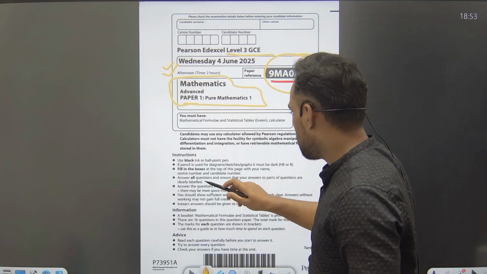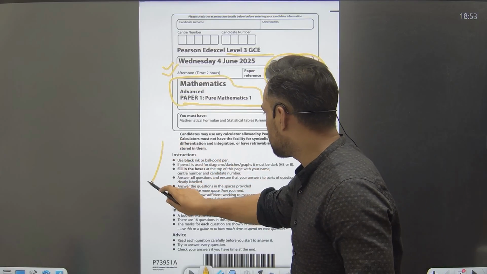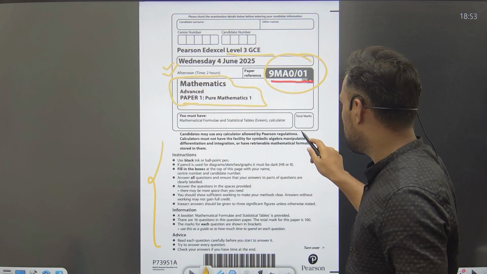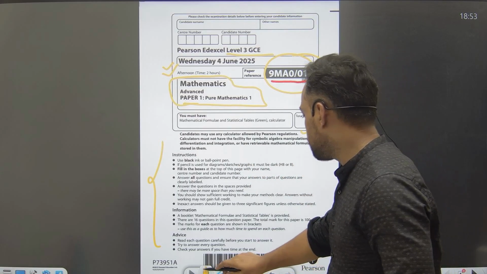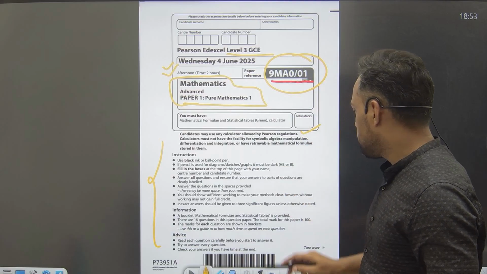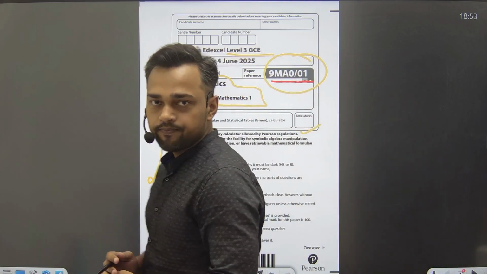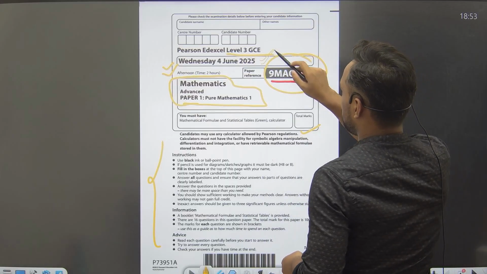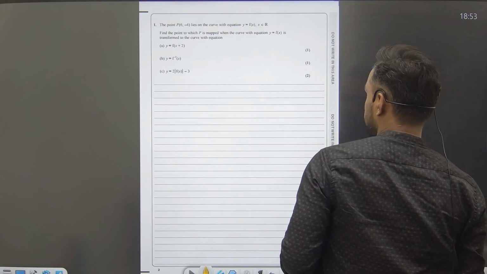Now here you can see that you need to read the instructions properly, and according to the Pearson guidelines you can use the calculator here, we know very well. So let's jump to the question directly, and let's see. It was released in the year 2025. So okay,